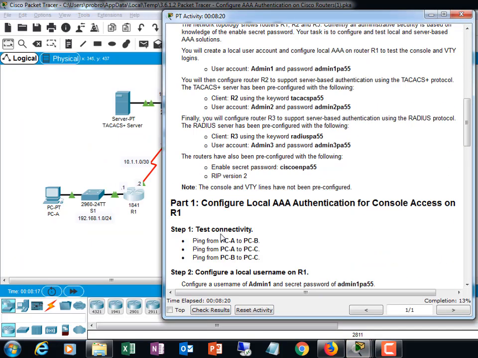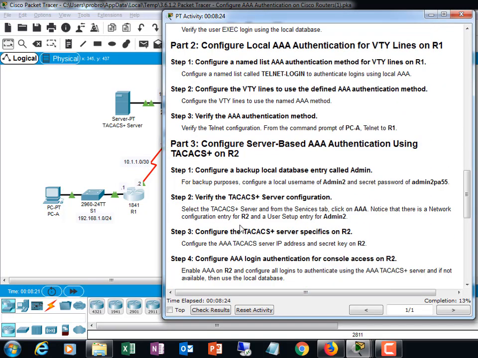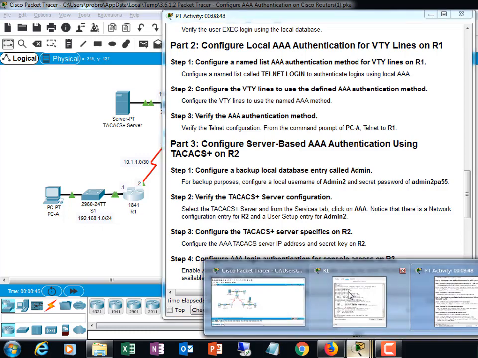All right, pressing forward. Part 2. Configure your local AAA for virtual terminal lines on R1. So this is going to be your other command. Configure a named list for AAA authentication for VTY lines on R1. Configure a named list called telnet-login for authentication logins using the local database again. So with that, when we go back to R1,